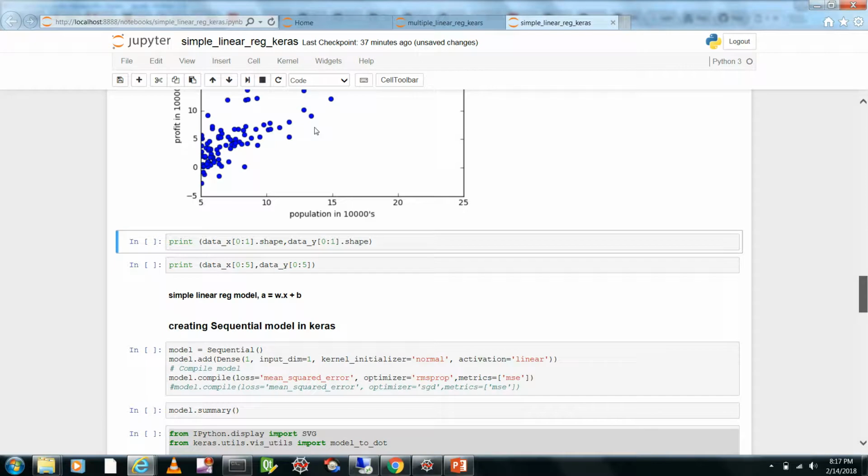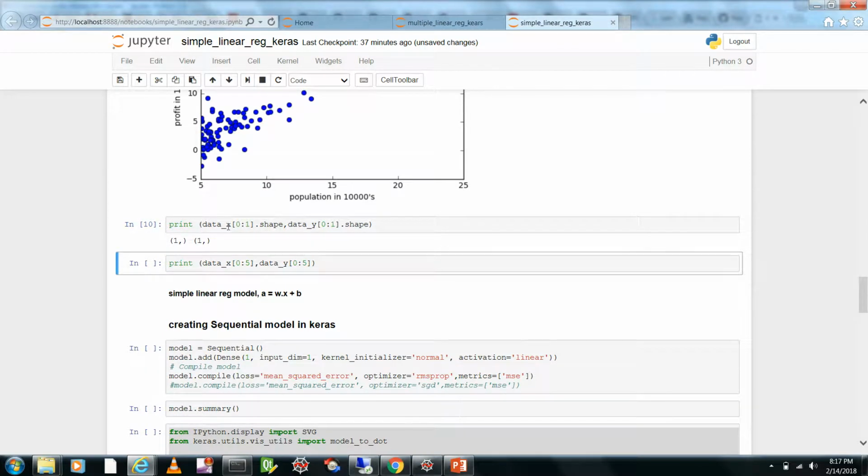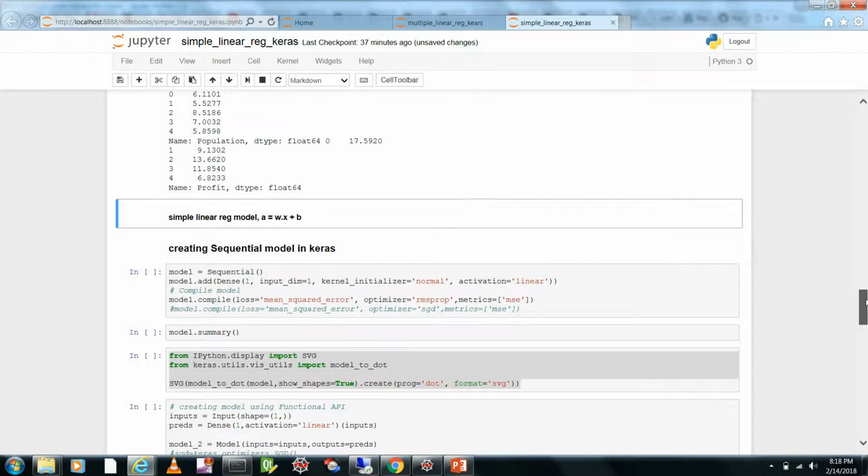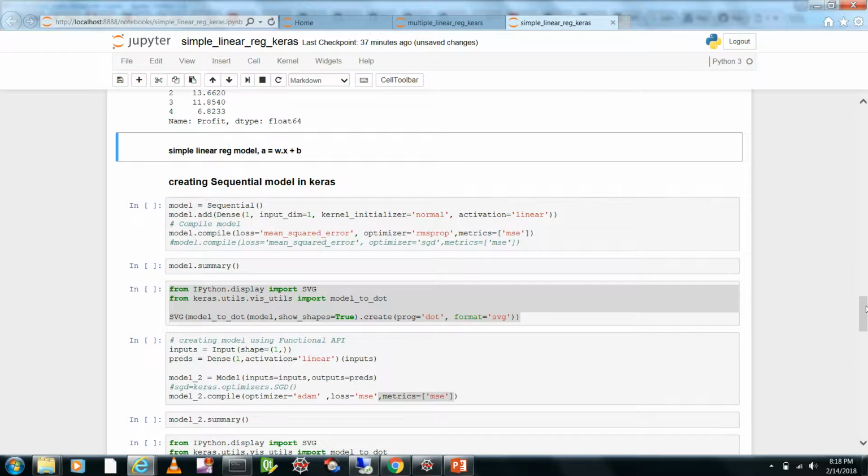And you can just see the shape of each data sample. So this is the shape of input data, that is X, it's 1, and the shape of output is also 1. And you can see the first 5 examples like this. So once you have loaded the data, now you have to define and train the linear regression model, which is